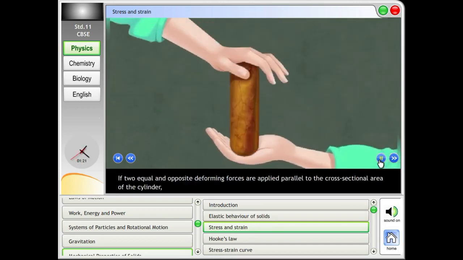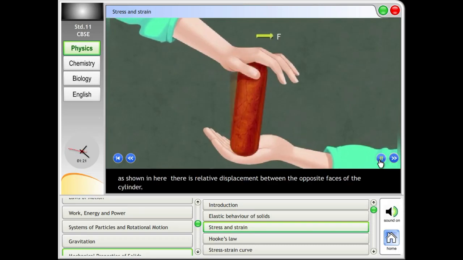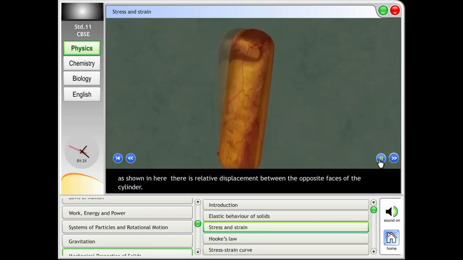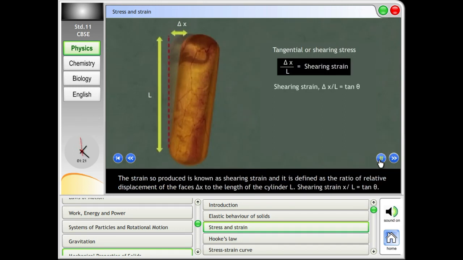If two equal and opposite deforming forces are applied parallel to the cross-sectional area of the cylinder, as shown here, there is relative displacement between the opposite faces of the cylinder. The restoring force per unit area developed due to the applied tangential force is called shearing stress, and the strain so produced is known as